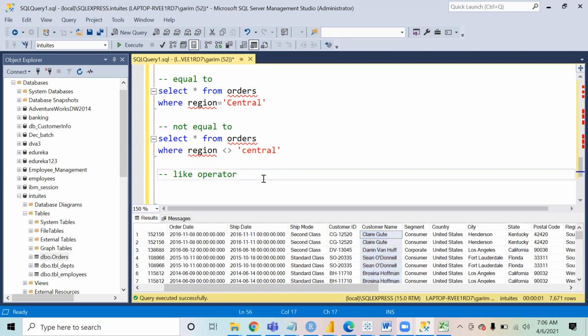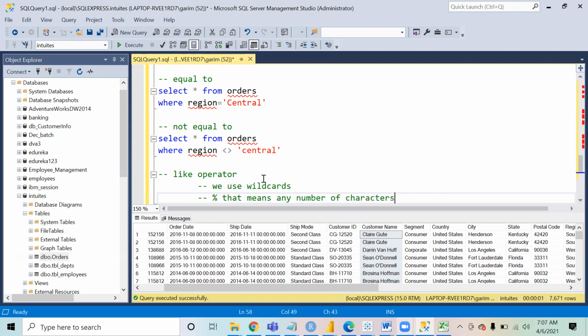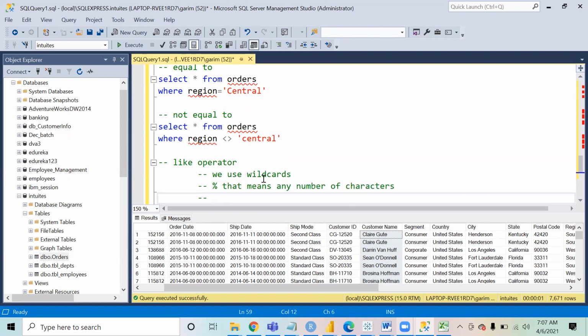So what we do is we use the like operator, and in the like operator, we use wildcards. We use wildcards, and wildcards are of two types. One is percentage, that means any number of characters, and we have underscore, that means one single character.